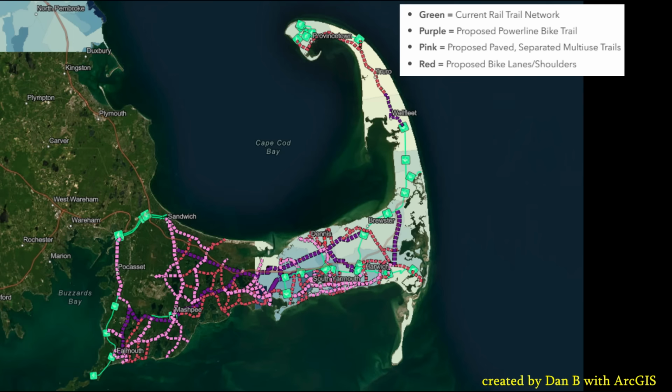Okay, so this first map was done by Dan B. It was done by using GIS software. And this is an interactive map that shows current and proposed non-motorized trails and paths along Cape Cod in Massachusetts. So far there hasn't been much completed, but if all of these proposed trails come to fruition, this would be